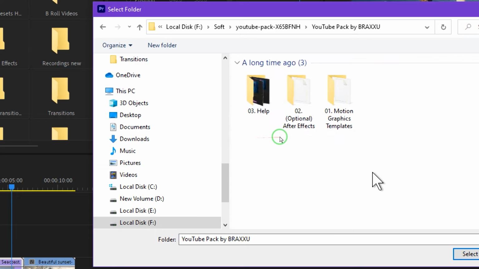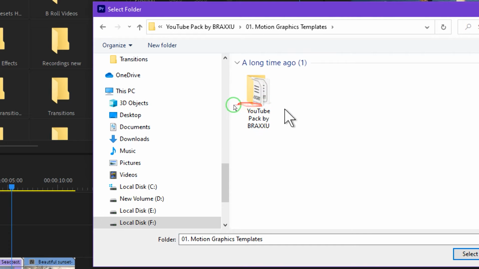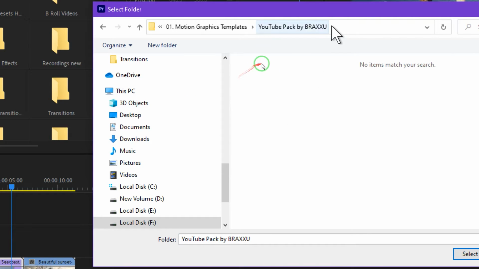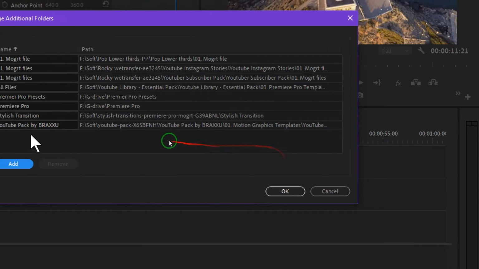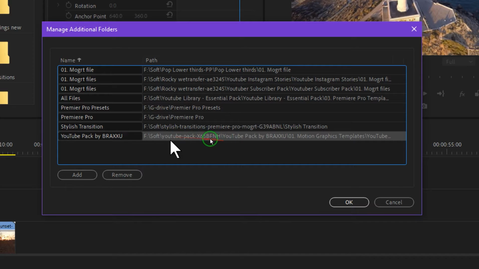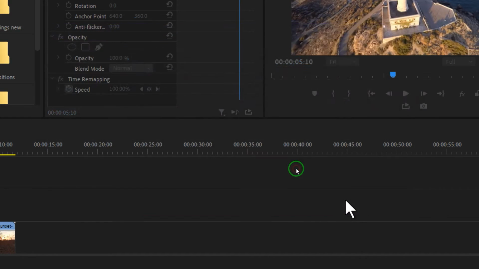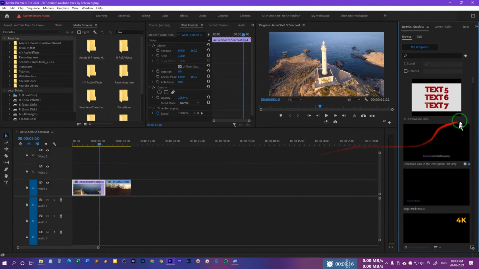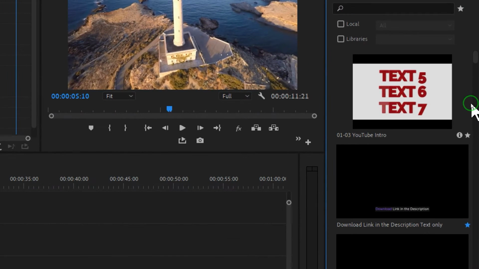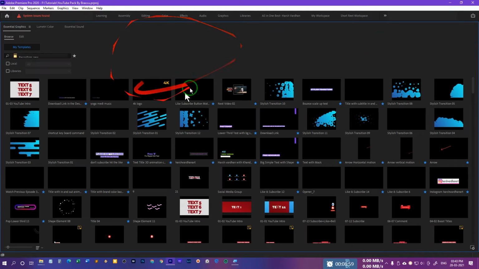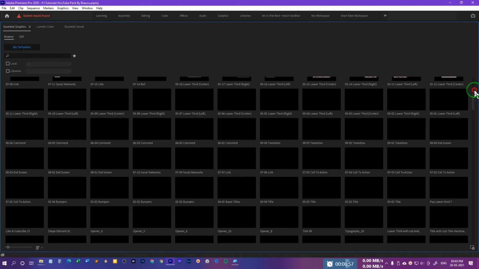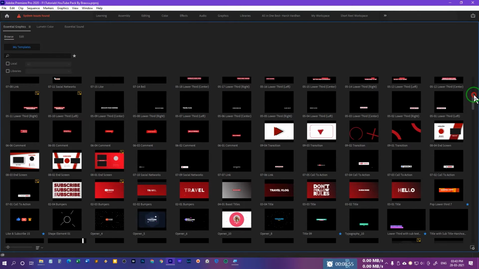Inside the YouTube pack and motion graphics template, just browse this folder and press Select Folder, and once you do this, you will see this right over here on the bottom, and just press OK. Thereafter you need to browse this Essential Graphics panel.